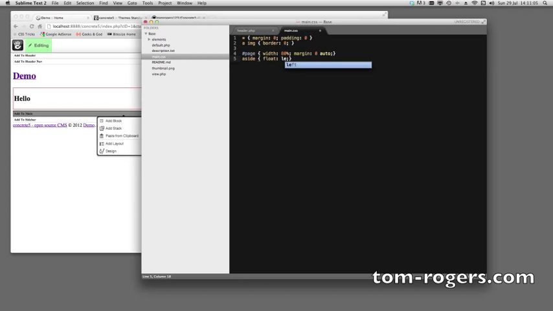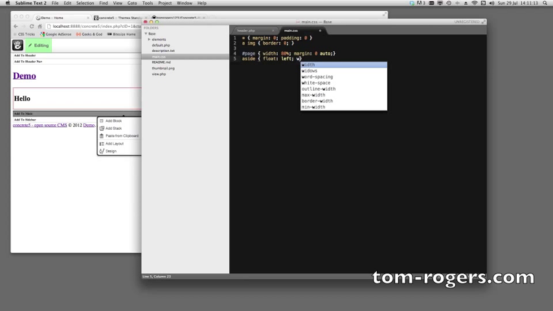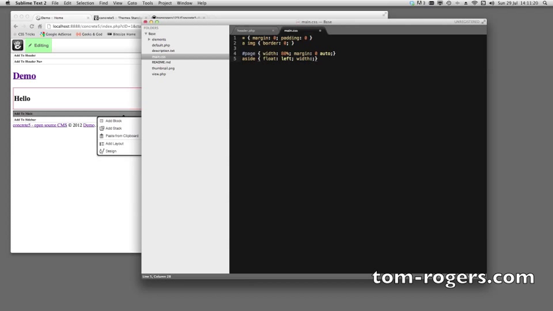So we just go float left, width, percent, and then